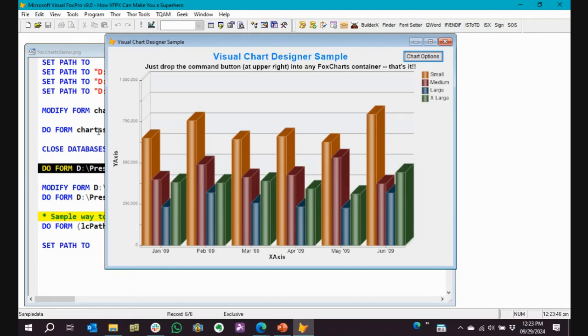Nothing fancy, nothing complicated. But this is what I think is the key here. I mean, obviously charts are important to your users, but how many times do you display a chart for the user? What's one of the first things that happens after they display the chart? Can you change it? Can you change it?